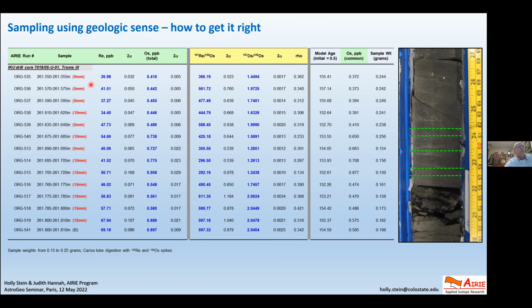And what we measure is the rhenium concentration, uncertainty of the osmium, and then we measure isotopic ratios of osmium and rhenium and then put it together in this way. And from that, we derive isochrons. I'll leave this for you to ponder the details, but the point I want to make too is we only use a few hundred milligrams of sample. It doesn't take very much.